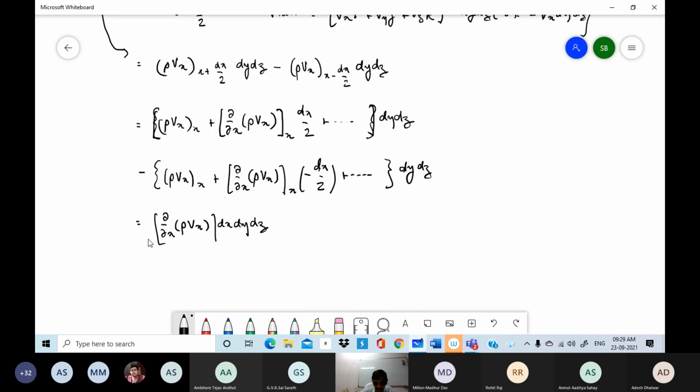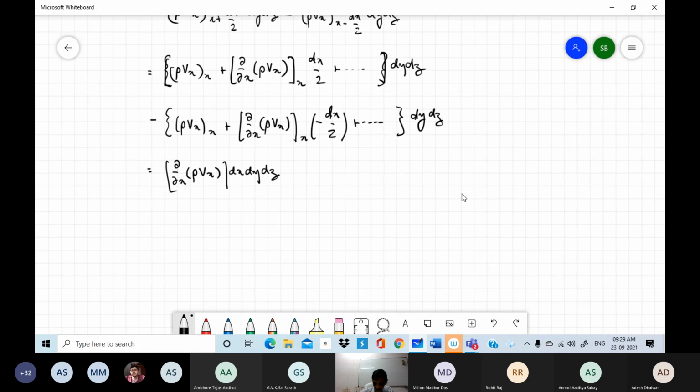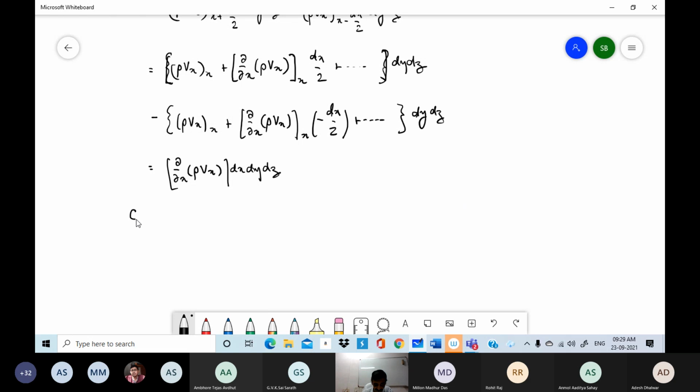So the contribution to the surface integral from the two x faces is this. Similarly,